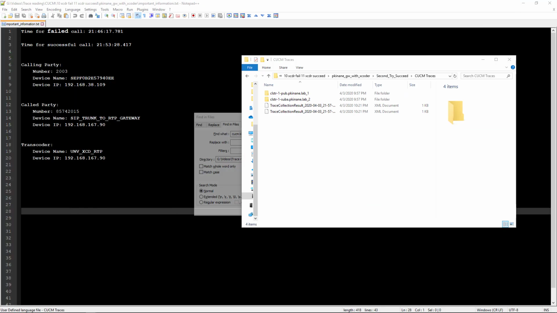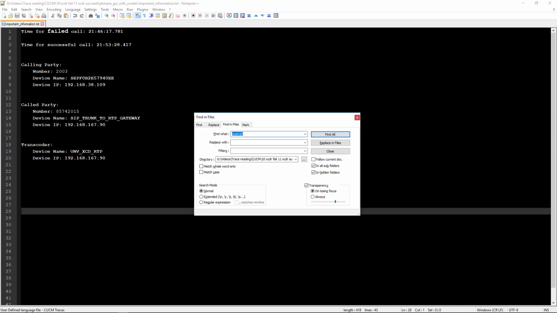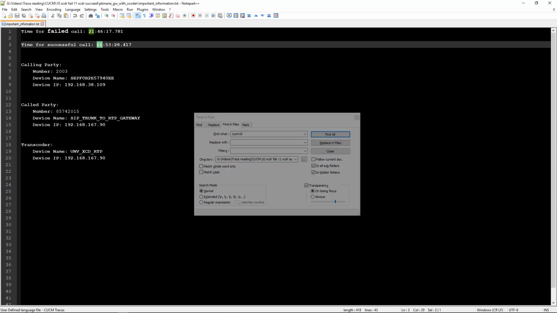And I'll go ahead and move that out of the way now. I'll copy out the path for the files. And then over in Notepad++, I'll hit Control-Shift-F and I can paste it in here, which I already did. Then we look over at the important information text file, which is found in with the traces. And we can see that there's the timestamp. This is for the failed call, and then the timestamp for the successful call is